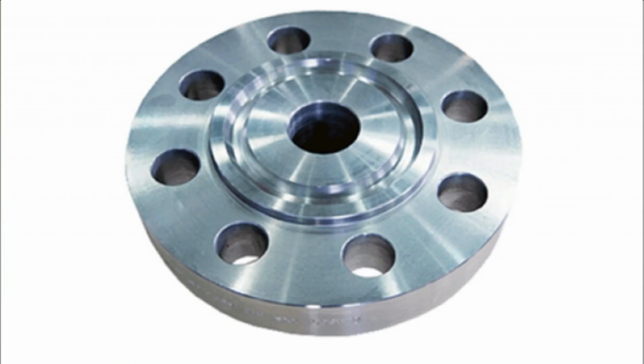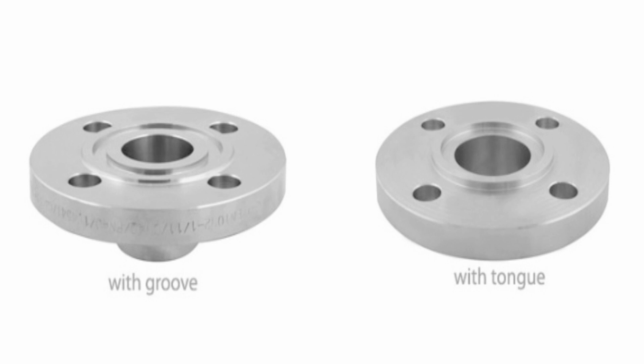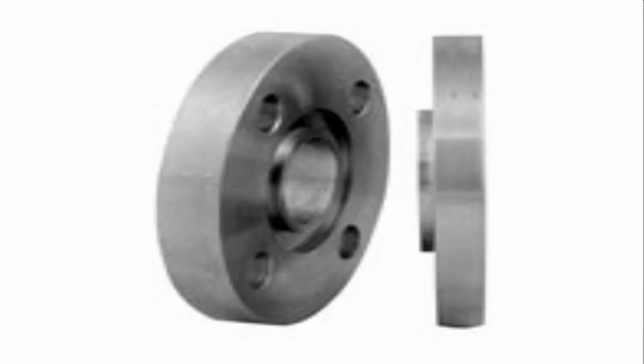Next is a ring joint type. This type of flange is used in high pressure and temperature services. Next is a tongue and groove. They are mainly used for pumps, covers and valve bonnets. They are used in seal oil service to a large centrifugal compressor as well. Next is a male and female type facing. They are commonly used on the heat exchanger shell to channel and cover flanges.